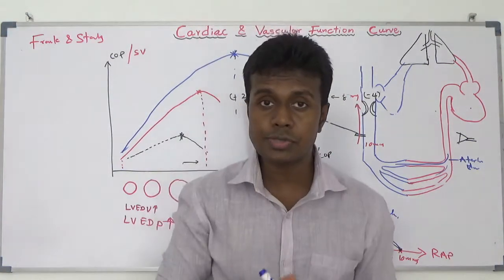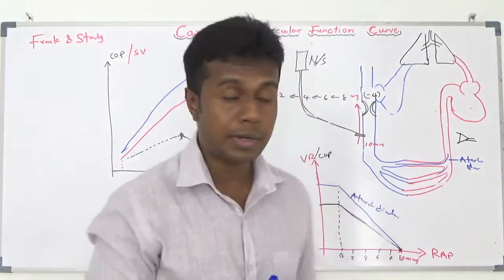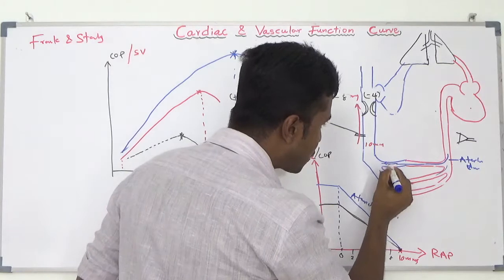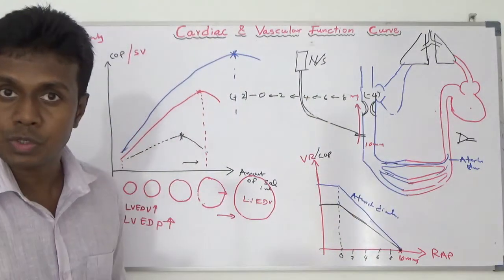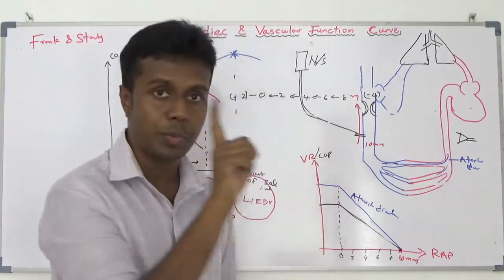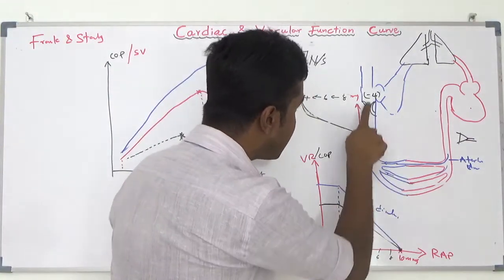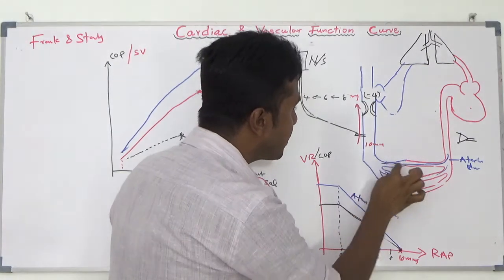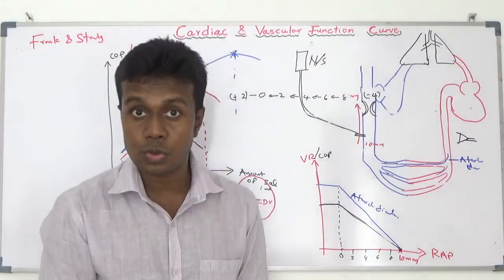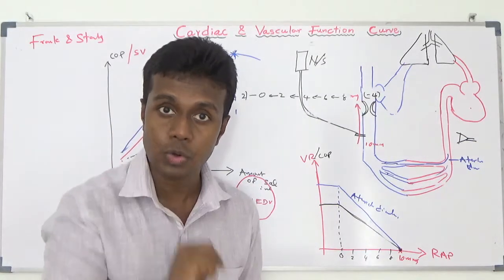If I give an arterial constrictor to my patient, like noradrenaline or norepinephrine, what happens is blood will slowly come from here to here. Your venous return is going to be reduced for the given right atrial pressure. For the given right atrial pressure, your venous return is going to increase if you give vasodilators. If you give vasoconstrictors for the given right atrial pressure, a lesser amount of fluid comes from here to here. Because of that, your venous return is not going to increase. Your pressure can increase because of the vasoconstrictor, but your venous return is going to be reduced.